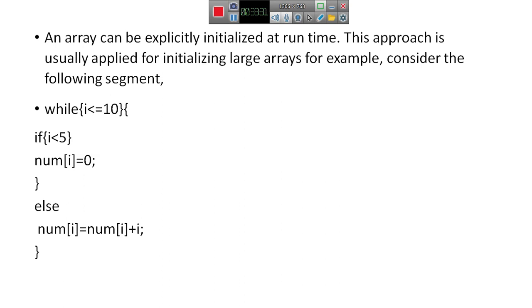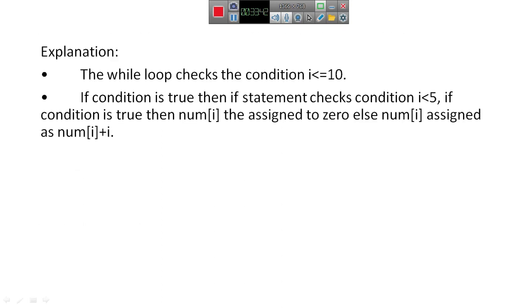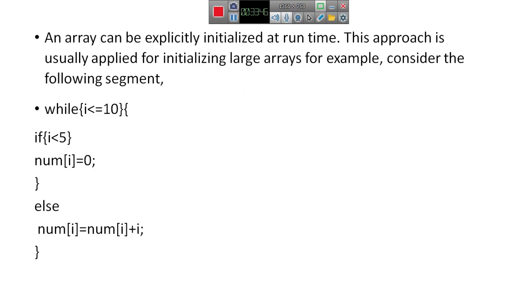I want to read some numbers from the keyboard and store those numbers into arrays. At that time we use a for loop or a while loop to read the values from the keyboard by using the scanf statement,